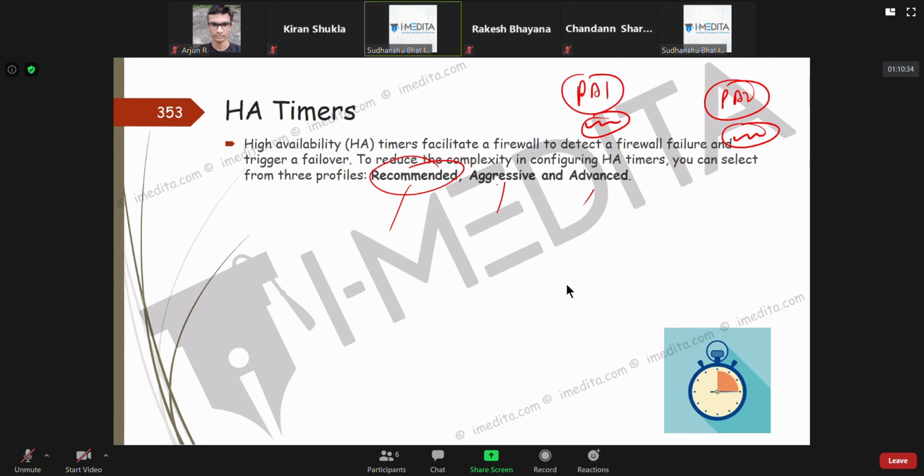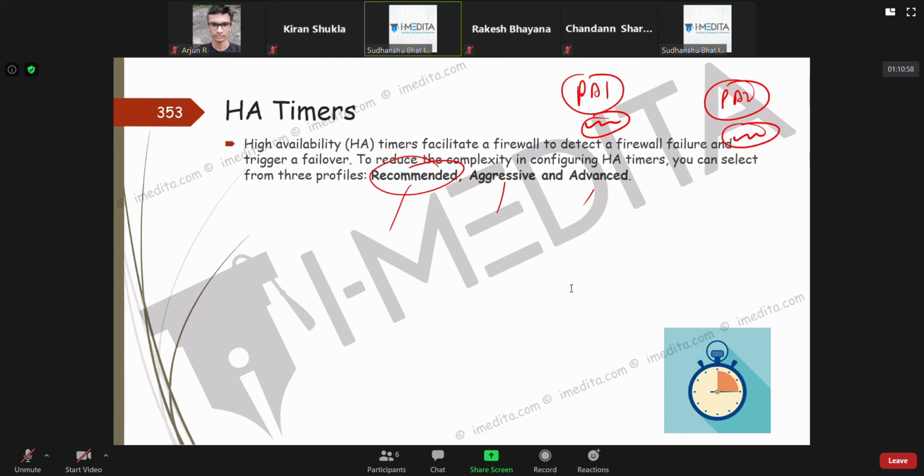So you don't have to manually define timer values necessarily. I have seen most of the time people don't manually define these values, although you can. They'll either use recommended on both and ensure it's the same on both ends, or they'll use aggressive, and aggressive will also be the same on both ends.